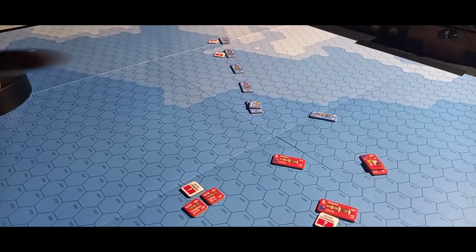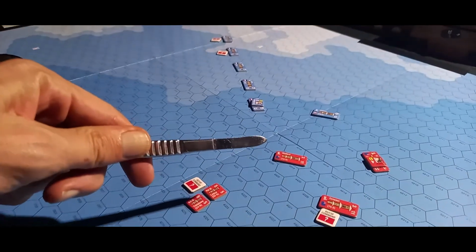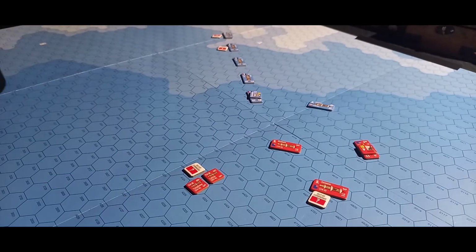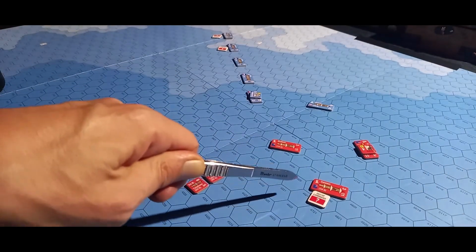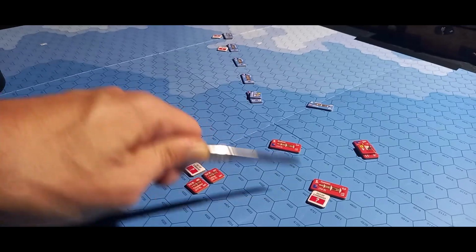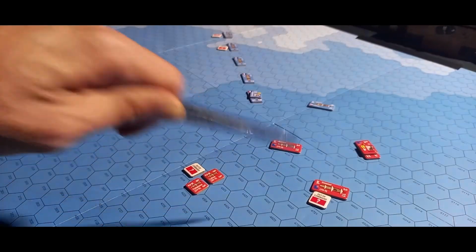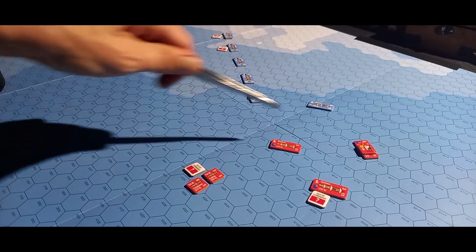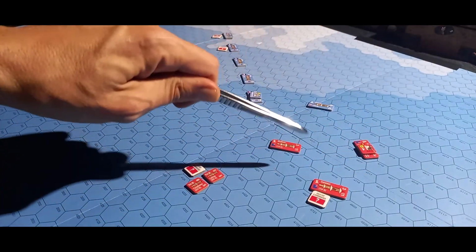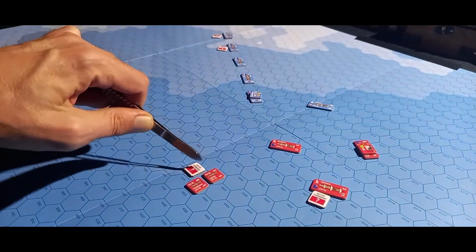Okay. And now the initiative passes to the French. And the French player would have to move something. But given that the Royal Navy player activated an out of command ship, the French player may decide that he passes the activation to the British player, if the British player had played a group or a ship that wouldn't be out of command. And actually we could make the rules before adding